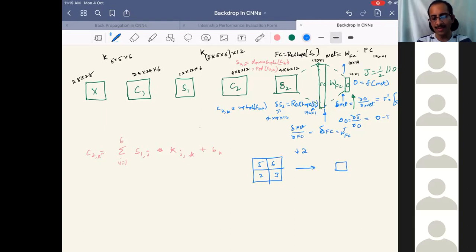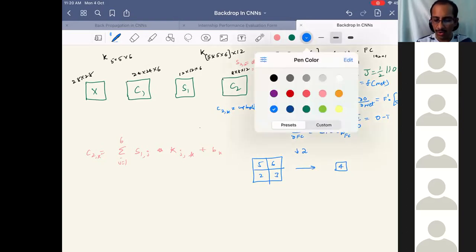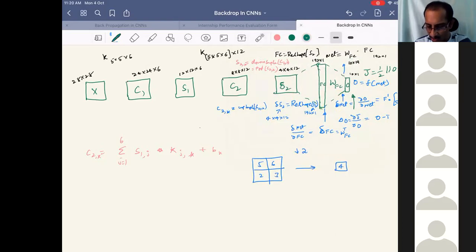What is the value of downsampling here? 8 plus 8, that is 16, by 4. The answer is 4. Is this correct or not? Yes, sir. Fine. So now we will see how to do this when we go for error. Say I have got now at this layer an error of 0.1.